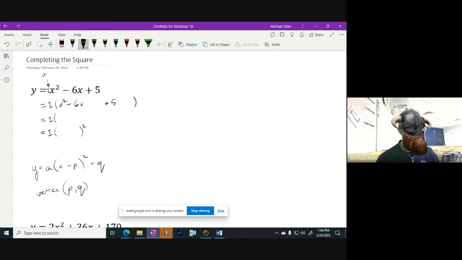So what I could do is I could jump right down to the last line here. So this p value, after the factoring job, so after I factor out the 1, I take this middle value, the b, remember this is like an a, b, c, take the b value divided by 2. All right, so this is just going to be negative 3. So right now, what we know is my vertex is at 3,